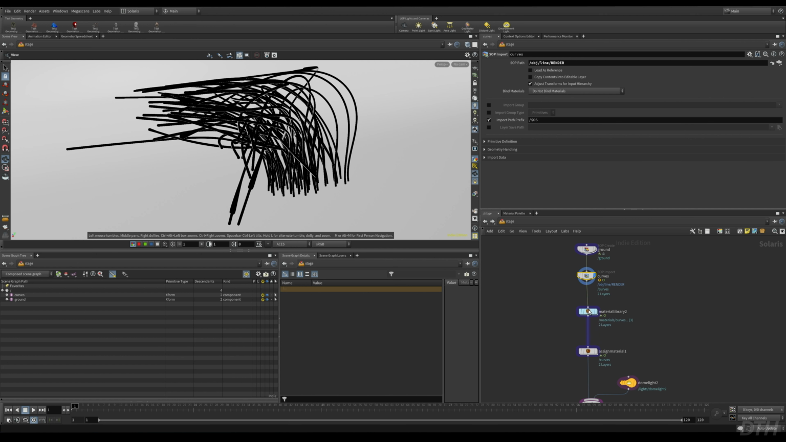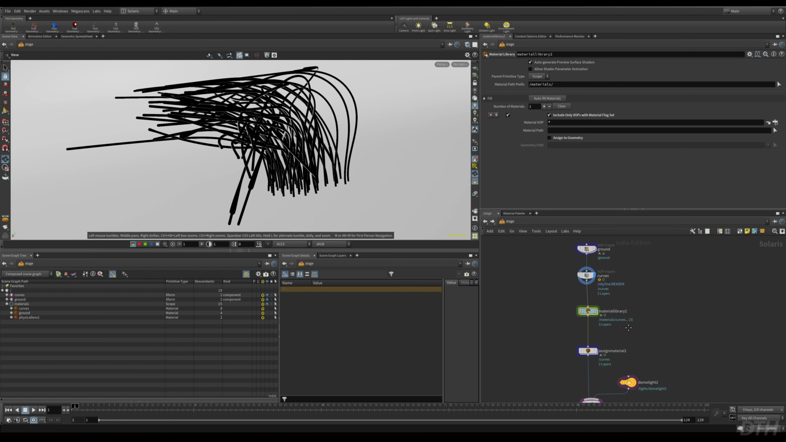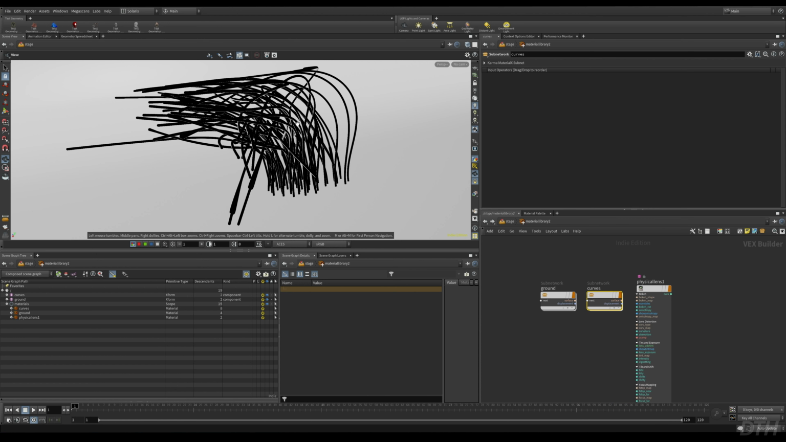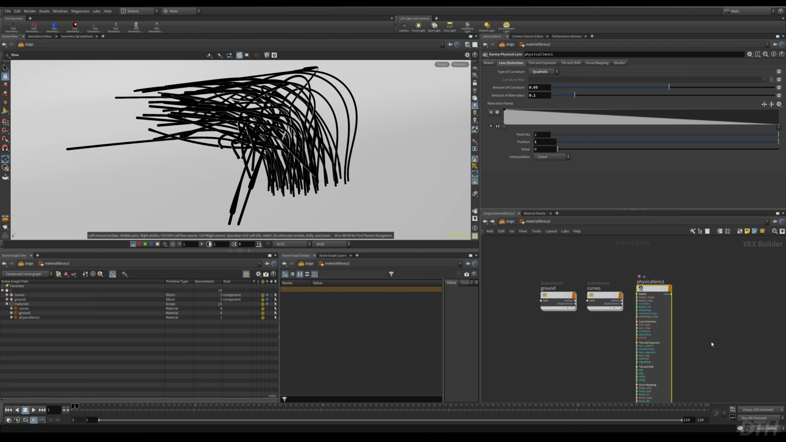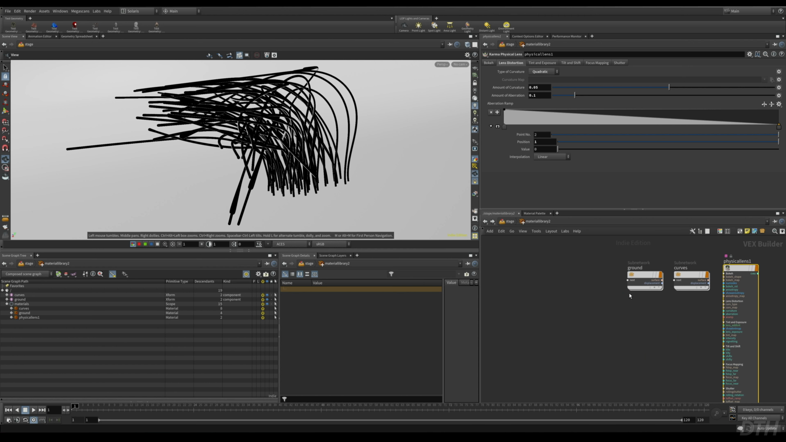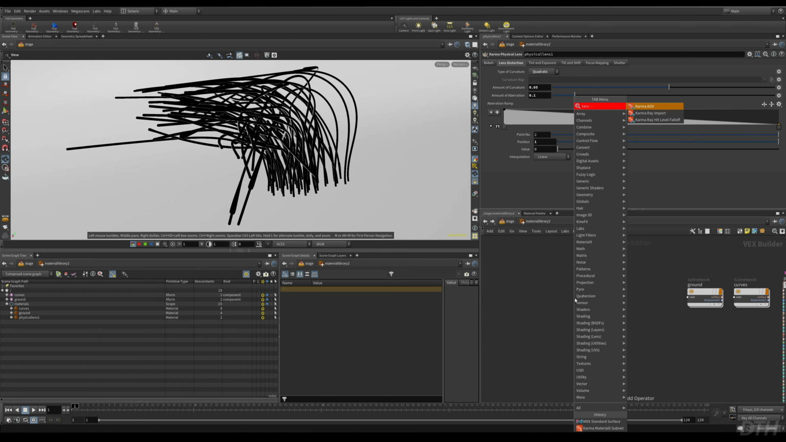So to do that, we can make a material library, which is essentially like a mat net or a material context. And we can jump in there, and I've already made the materials used for this scene. I have a material for the ground, a material for the curves, and then a material for the camera lens, which is fun to play around with. So to make one of these materials, you can lay down a Karma subnet, Karma Material X subnet,